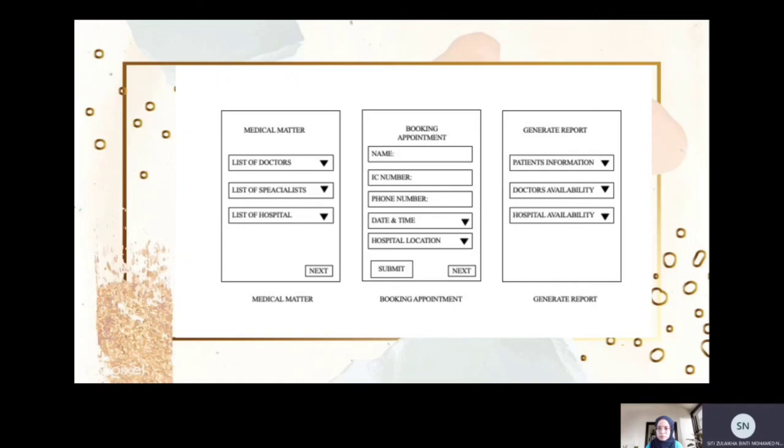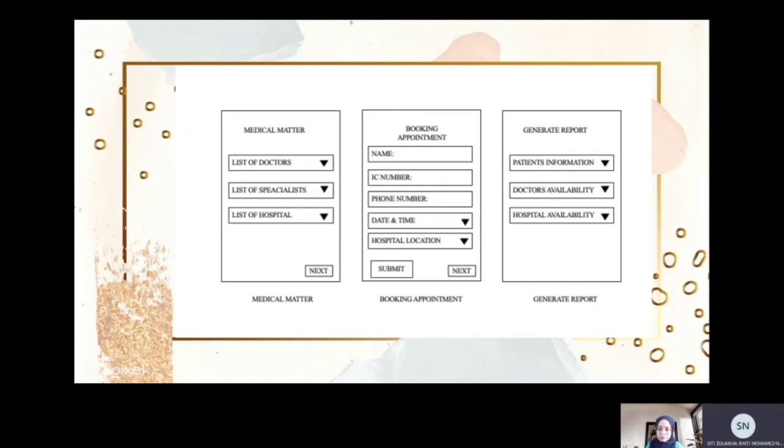Next, the user goes to the booking appointment screen. In the booking appointment, the user or patient needs to fill in the name, IC number, phone number, and choose the date and time to book the appointment. If the date and time is not available, the user or patient needs to choose another date and time.